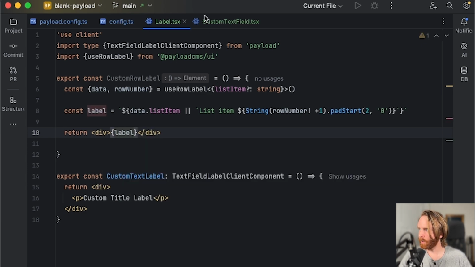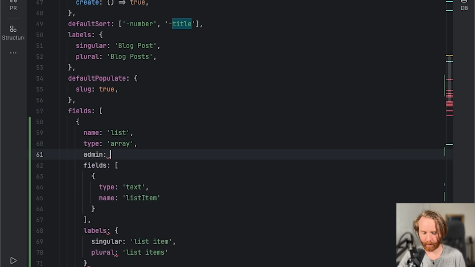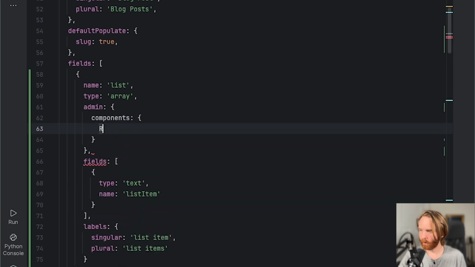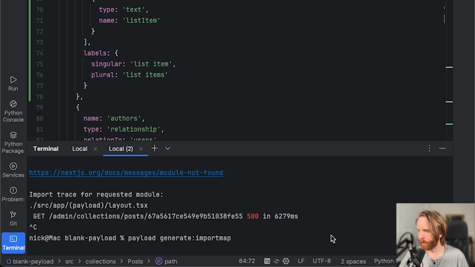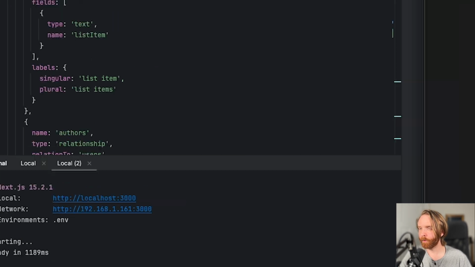Now we can save this and go back to our post config, and underneath our type array, we'll add our admin property, and in that our components option, and we'll use our RowLabel there, which of course takes a path, which is going to be source components admin fields label.tsx CustomRowLabel. We can then run payload generate import map, restart our development server running pnpm dev,